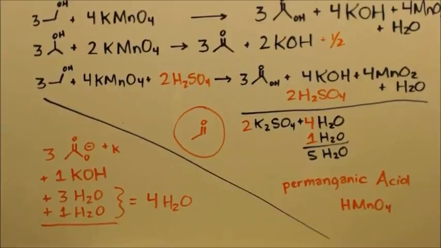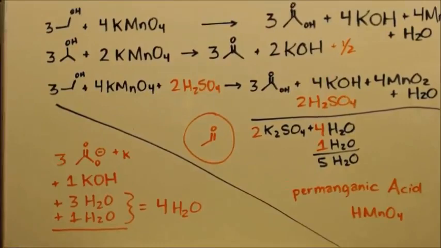The MnO2 you can just filter out. And you're going to be left with 3 acetic acid molecules. You're going to have all acetic acid. It's not going to be a salt anymore. Now the third equation,